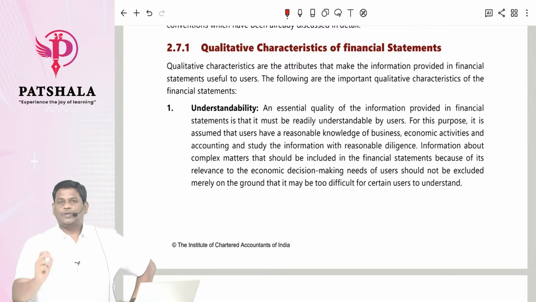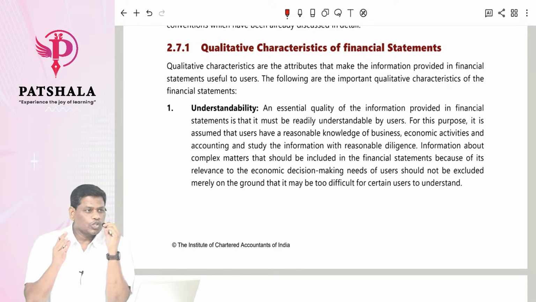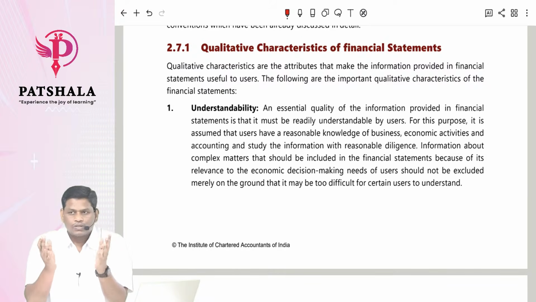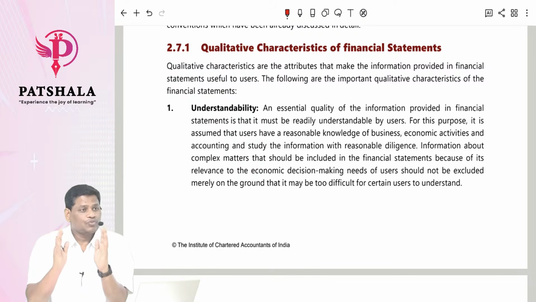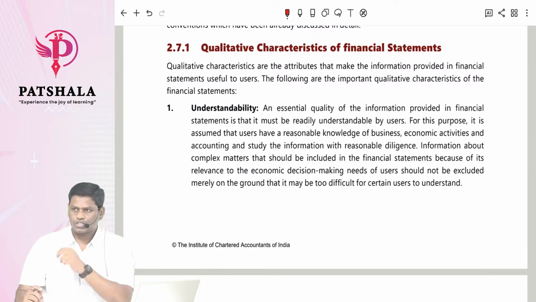See, what is the meaning of the word qualitative characteristics of financial statements? What did I tell you, what do you mean by accounting principles? They are concepts, conventions, set of rules and regulations. We have to follow these to prepare our financial statements or not. So when everyone follows these principles in preparation and presentation of financial statements, your financial statements will get some characteristics, some qualitative characteristics. What are those? They are like this: